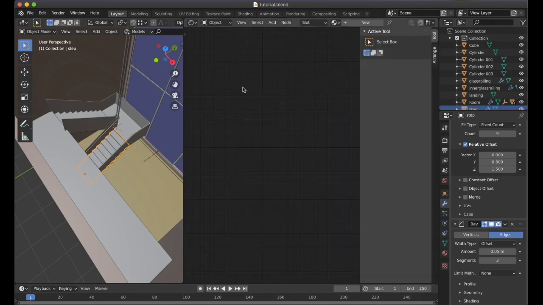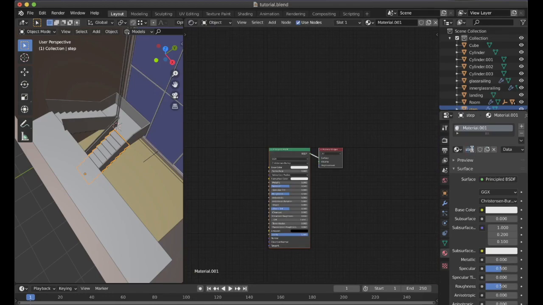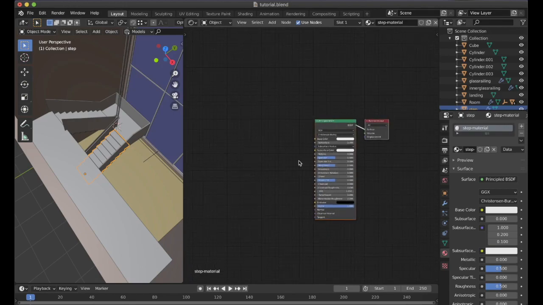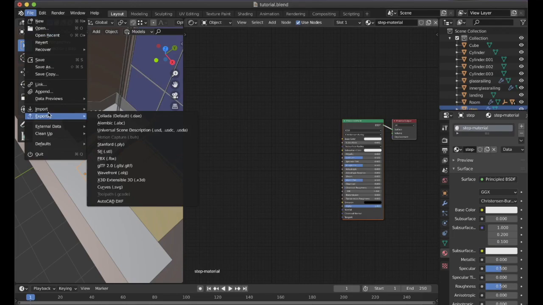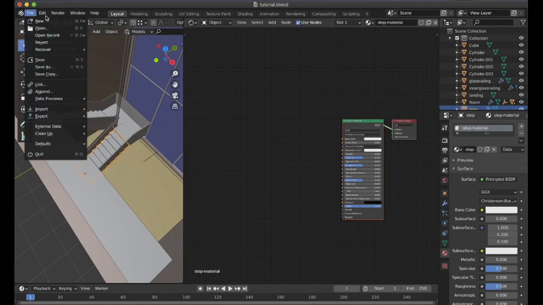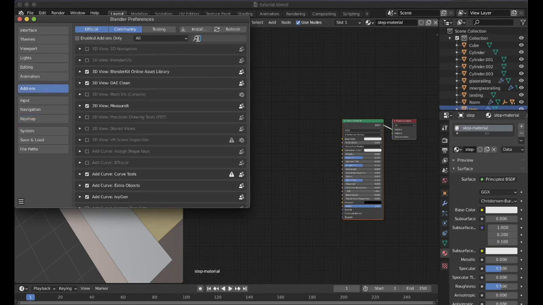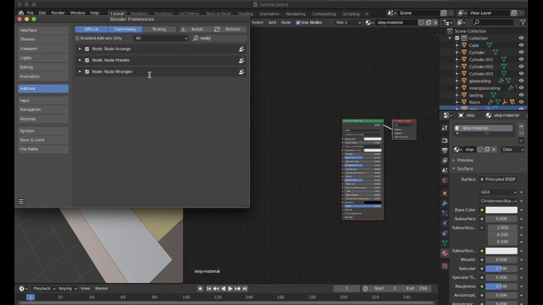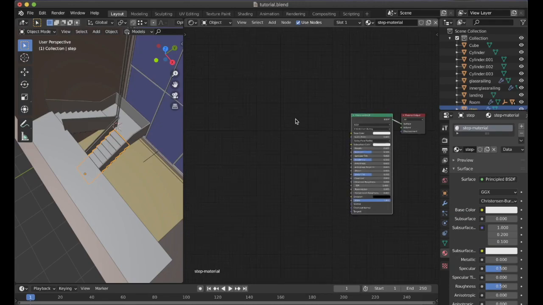In the shader editor, the first material is the step material. I will write step material, and then over here the basic PBR setup is very easy to do, but there is a quicker method. That is, if you have turned on the Node Wrangler add-on, you can go over here and turn that on again using the edit option and then preferences, and then search for Node Wrangler over here. It has already been turned on in my case. So this option allows you to give a very quick setup of all the materials that we are using.